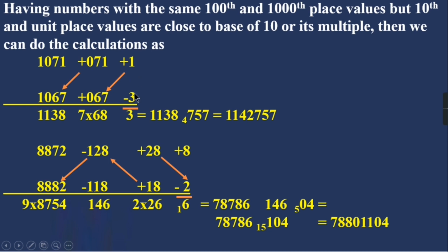So multiplying these two will give you minus 3. So there is a bar here which has to be subtracted from 10. And then 1 will be subtracted from here after, because 70 is the base. And here 67 plus 1 is 68, or 71 minus 3 gives you 68. And this is 7 times. And so multiplying these two and taking out 1 from here, because 1 will go here to make it 10,